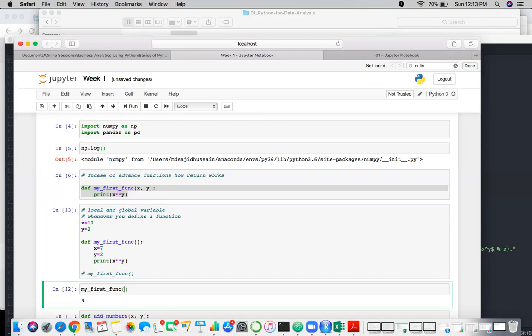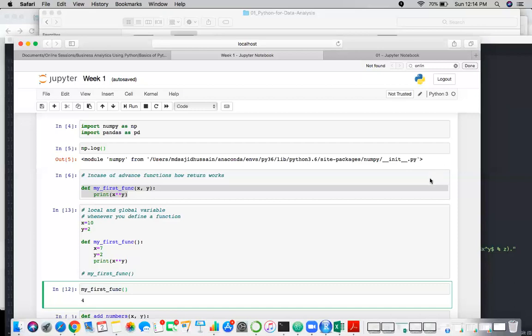Now I call this function. Since this is not accepting any parameter, I'll not pass any parameters. So what do you think? What should be my output? 100 or 49? I guess, is it going very fast? Let me know if it is going very fast. It should be 49. Yeah, and the logic behind it is